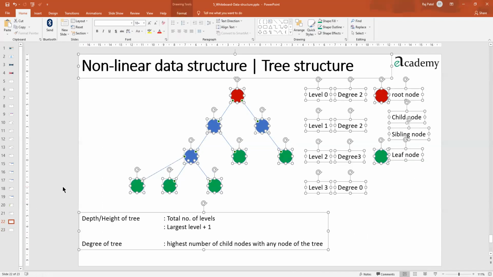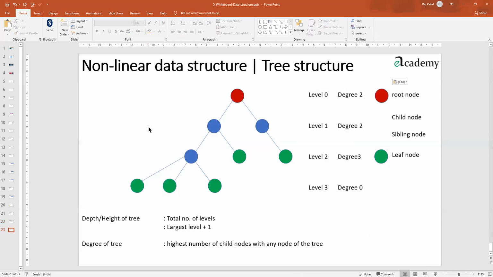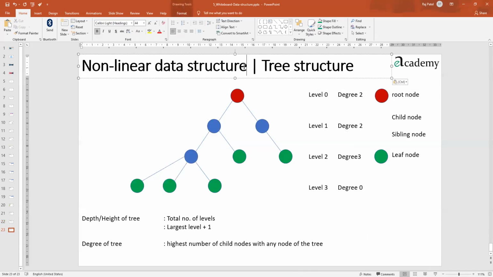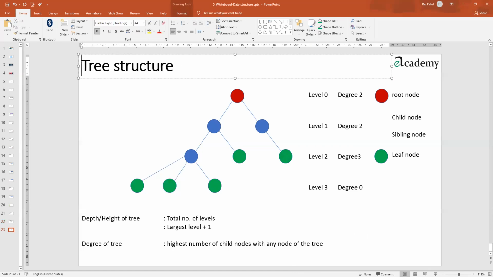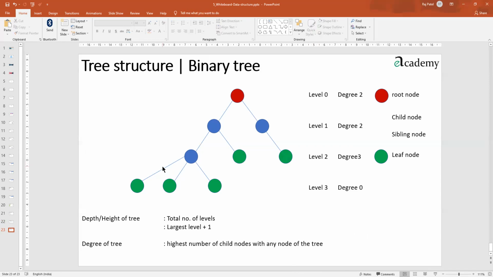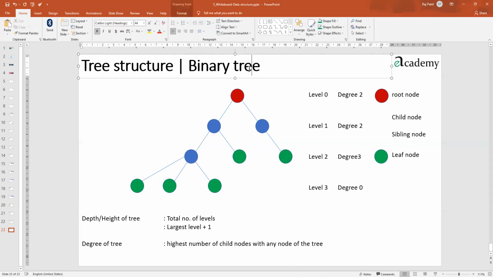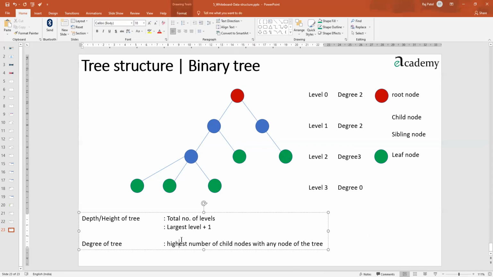Okay. Copy the same thing on the next slide. Now, under the topic of tree structure, we have types of tree. The most famous tree is the binary tree. Binary tree is a tree which, let me write down separately.